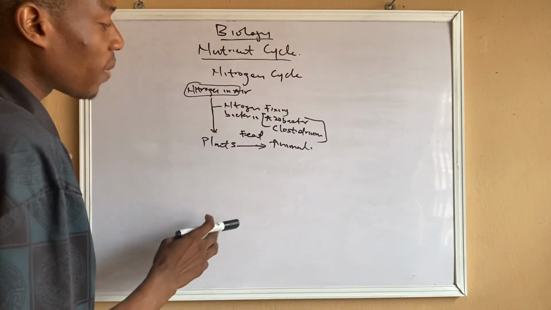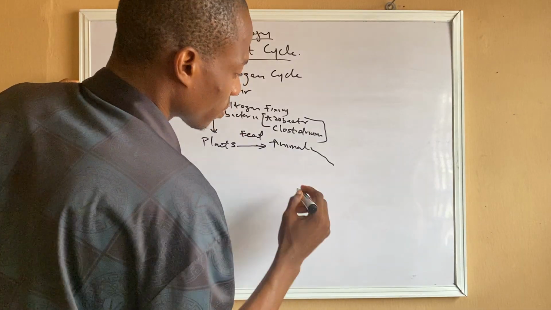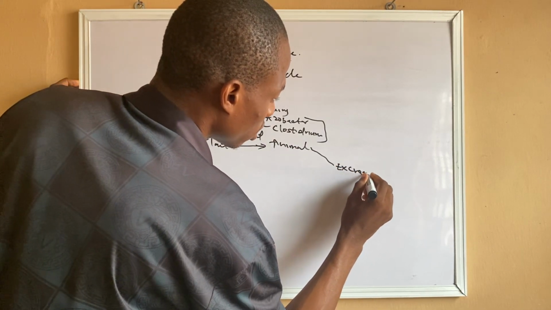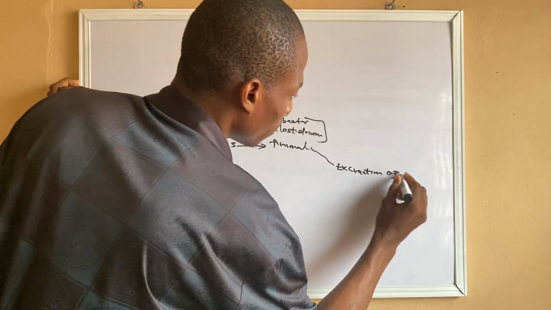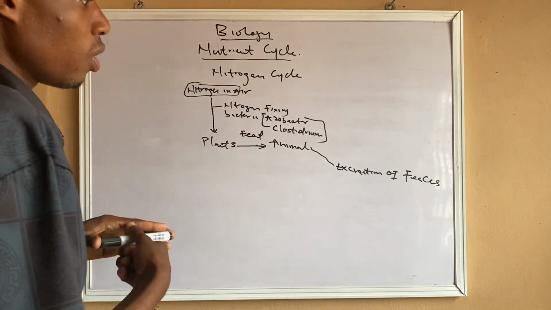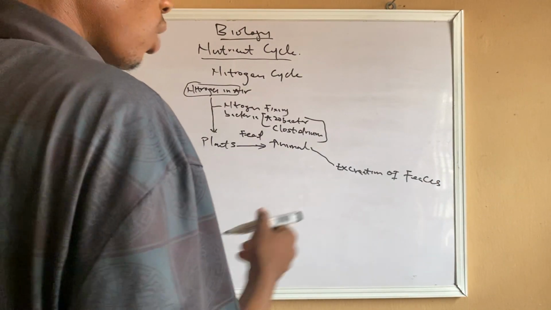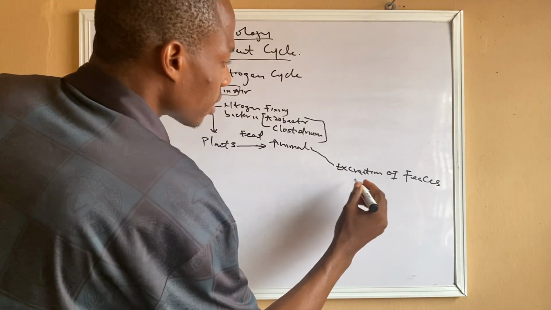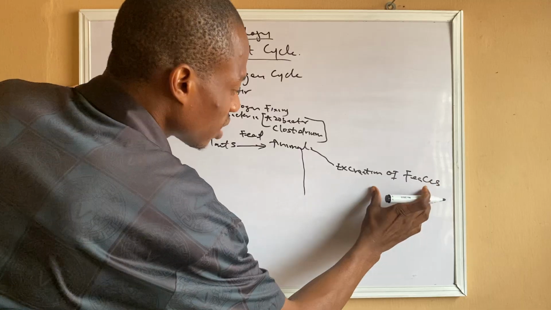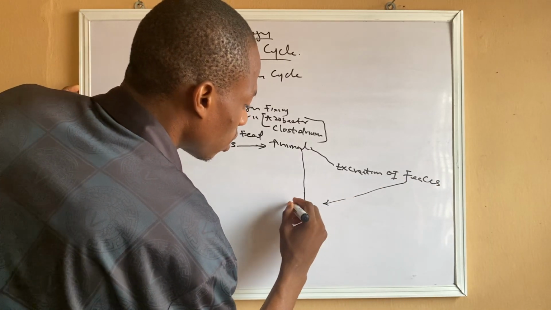After the animal feeds on plants, what happens? The animal gives us excretion of feces. Feces, yes. What do you mean by feces? The waste products, right? All animals give excretion of feces. This excretion of feces now has something of